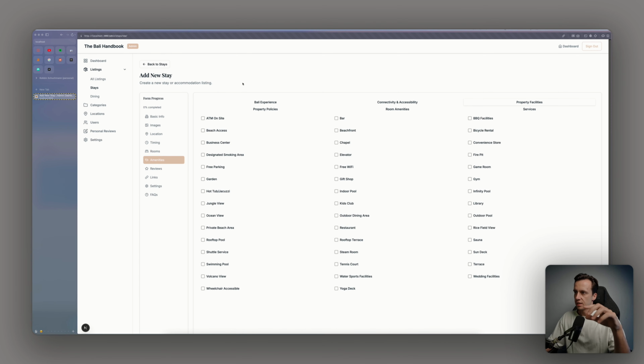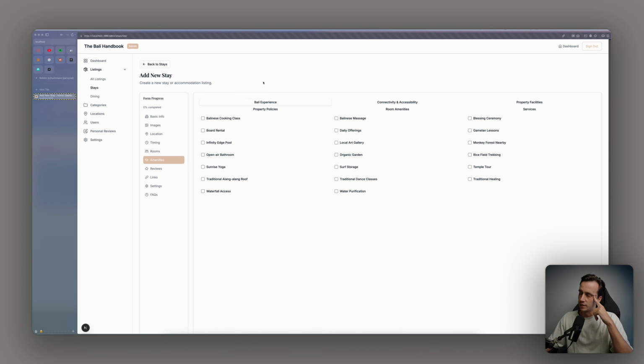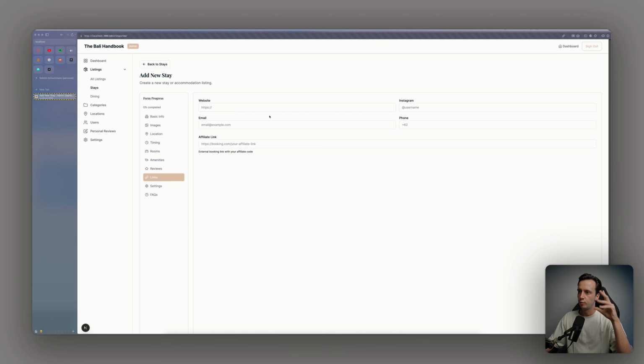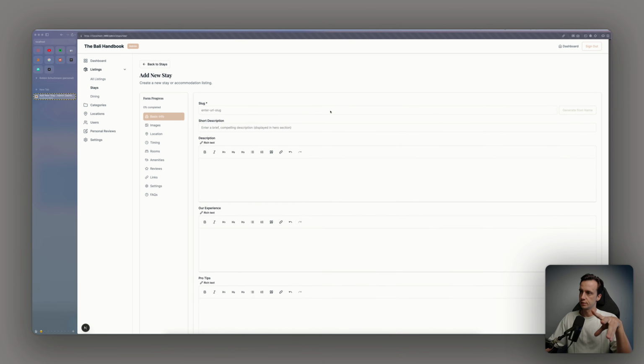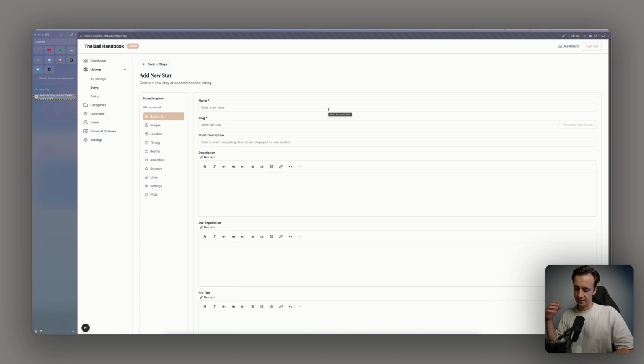Basically, what I want to create is an integration with either Perplexity AI or with Claude, where we connect to the API and then we just say, okay, hey, we visited this place. Can you please pre-fill all the information that you know? So then we just have the description, and also we can tweak it so that it's in our own